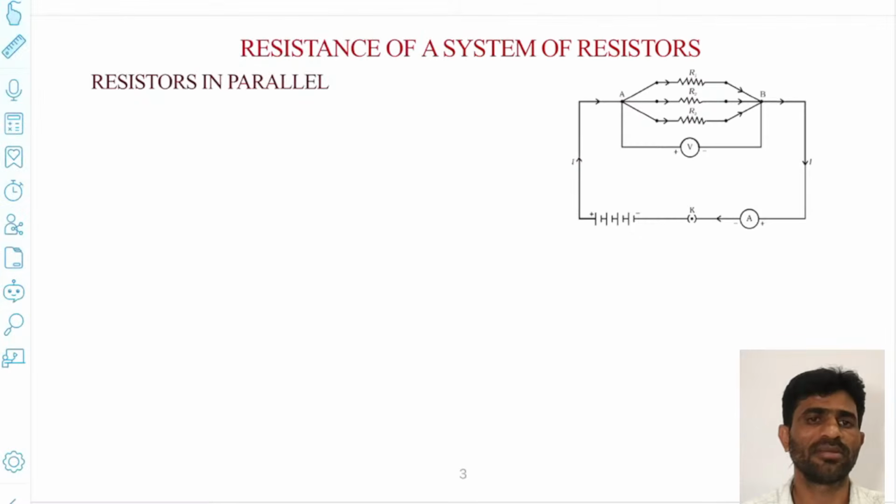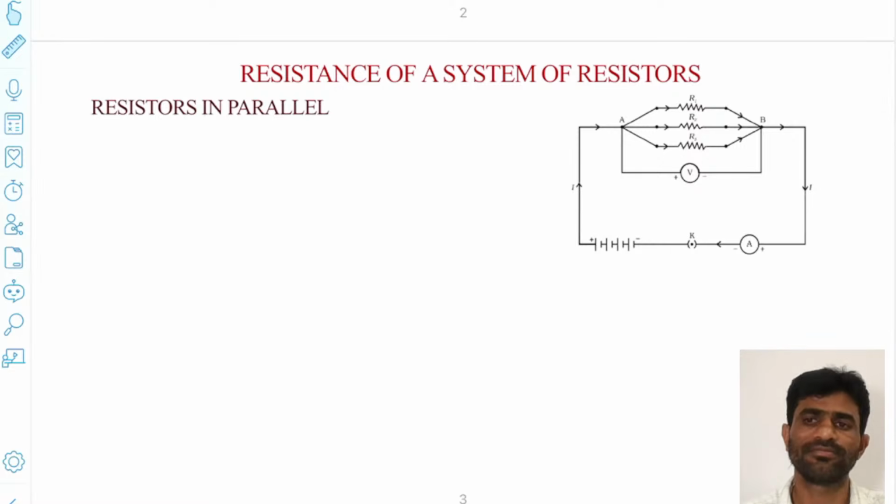When resistors are connected in parallel, current will be divided, but potential difference is the same. So here in the figure, you can observe